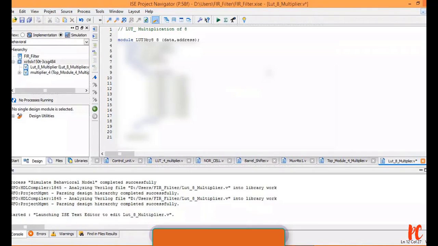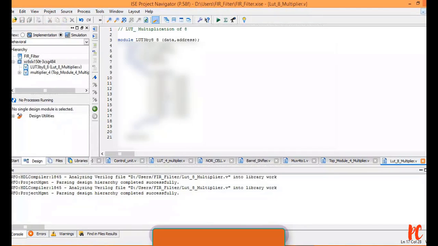Next is D7, followed by C7, B7, A7, 97, and the last one is 87. This makes me get the multiplication of 8 value. Let me save it.